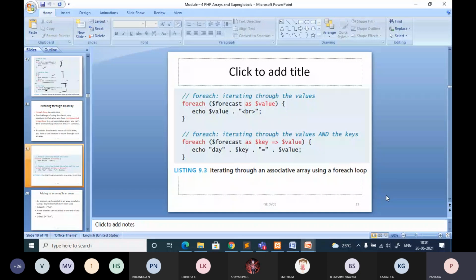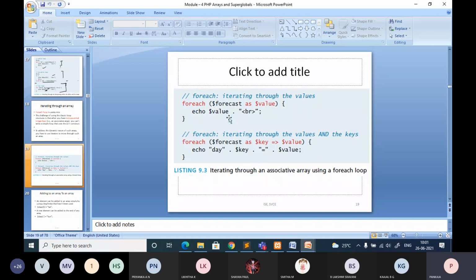And you should know the difference between foreach and the for looping statement. And this is the syntax. Today, for one program, I am going to use foreach. You specify the name of the array followed by the key and value, or you can specify the value directly.